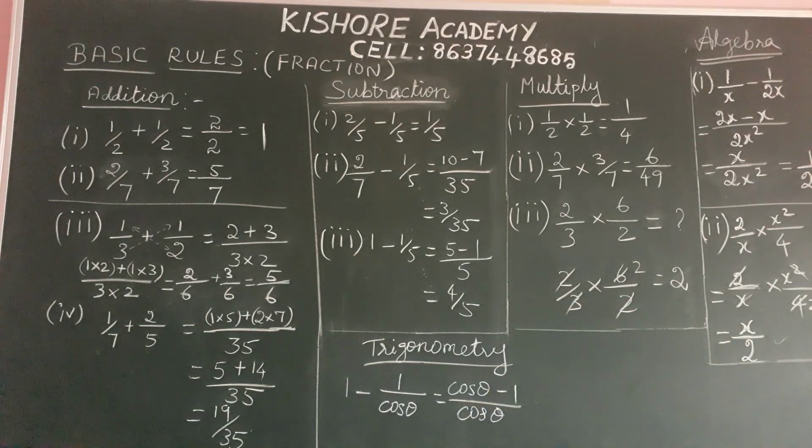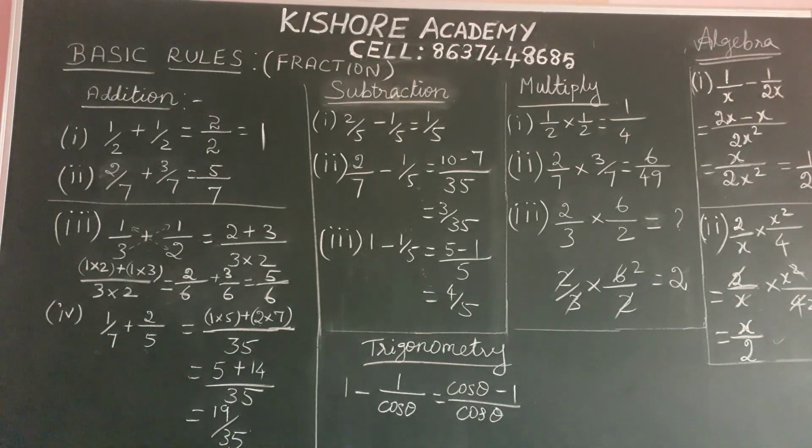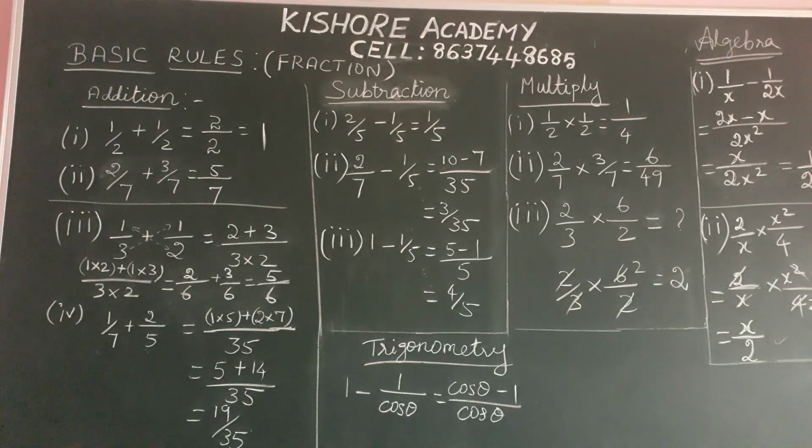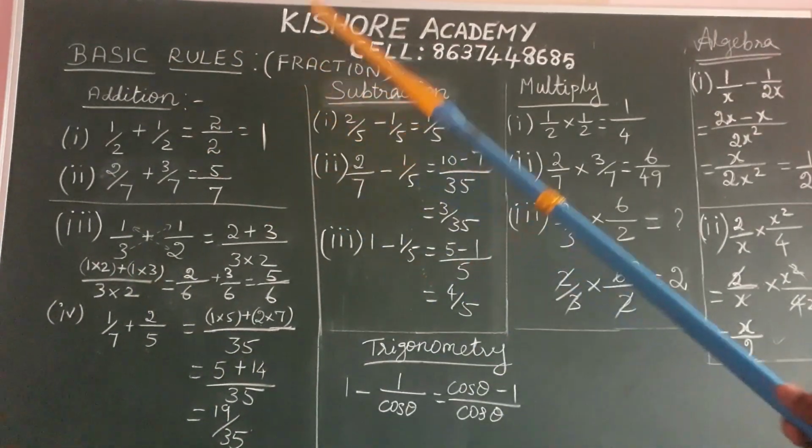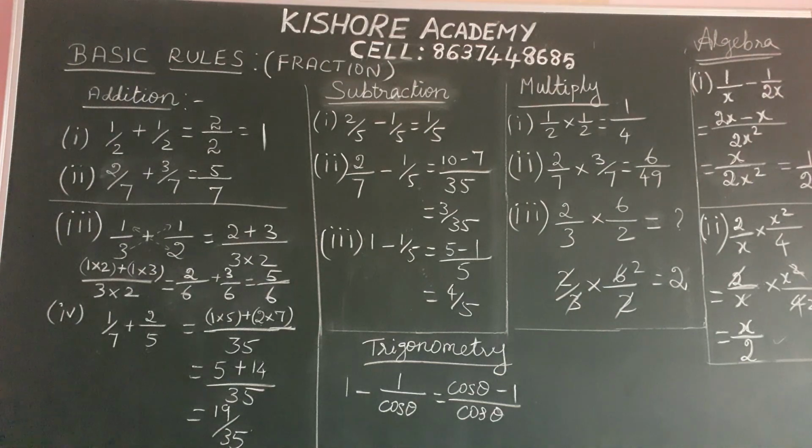So now just compare these three operations with algebra. So in algebra, there should be x. What is meant by x? It is known as a variable. So students get confused when variables come. They think that there should be some other procedure to simplify these terms. No, what you have followed in fractions, the same procedure should be applied in algebra.